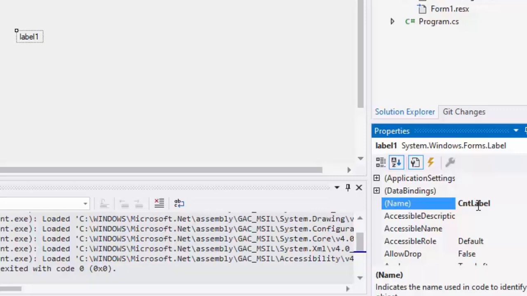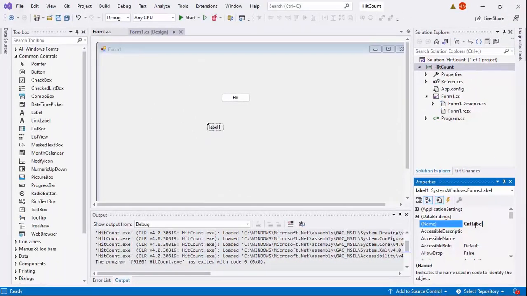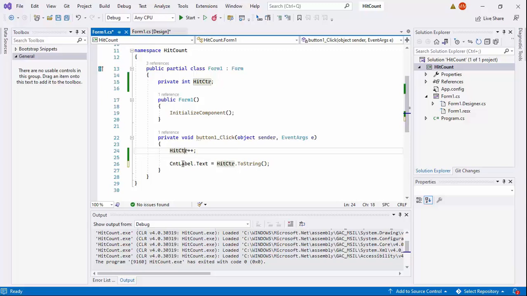So I keep the purpose and the type of widget. Label is just a type of widget, even though it is also an object name. All right, so that is it. Once we do that, if you go back to the event handler, you will see that label 1 just now is changed to count label. So Visual Studio is also smart enough to do an automated variable name changing for us.